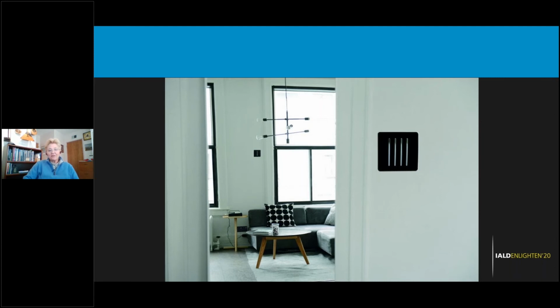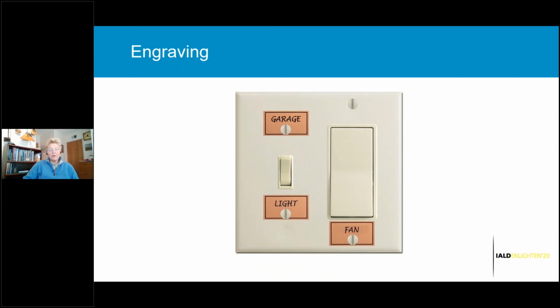So again, obviously, this was marketing literature for this control device, which is quite unique, but it goes really nicely with all of the accents in the space. And then finally, we want to think about engraving, and we don't want to think about it in this context.